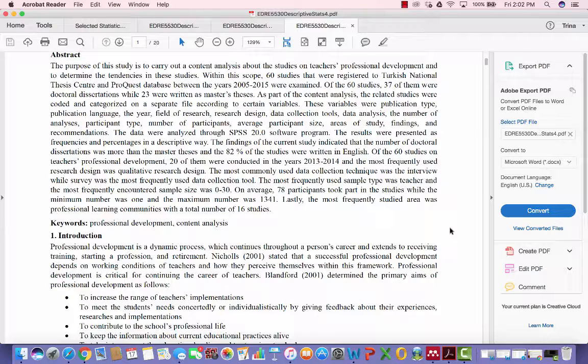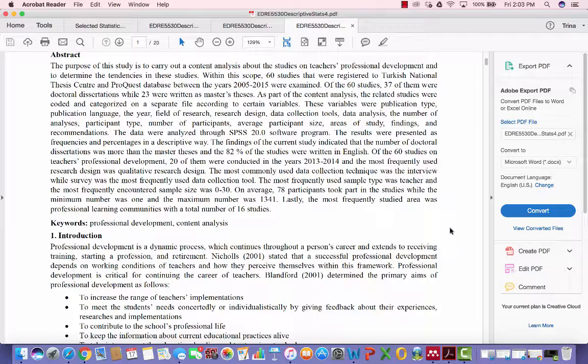In their words, these variables were publication type, publication language, the year, the field of research, research design, data collection tools, data analysis, the number of analyses, participant types, number of participants, average participant size, areas of study, findings, and recommendations. So kind of all the elements of a typical paper they went through and classified or